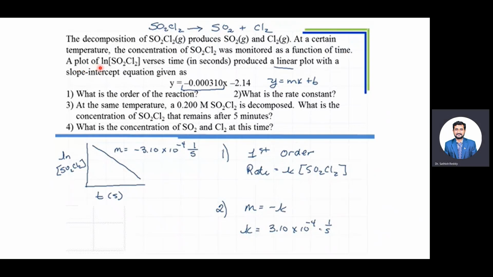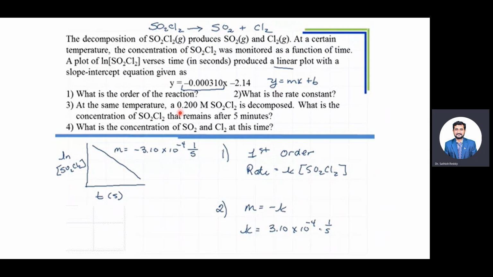A plot of ln SO2Cl2 versus time in seconds produces a linear plot with a slope intercept equation given as y is equal to minus 0.00310 x minus 2.114. What is the order of this reaction? What is the rate constant? At the same temperature,